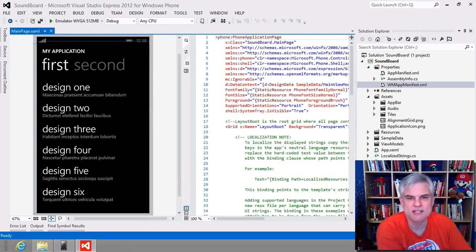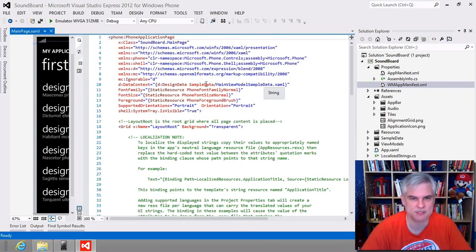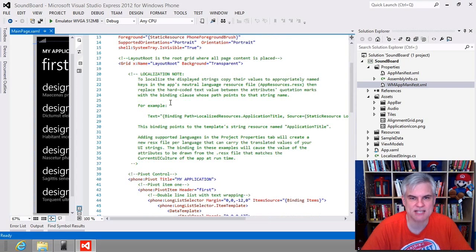What I want to do next, though, is I want to think about configuring the title of the main page to pull from the app resources.resx file. I don't plan on localizing our application completely, but I'm going to go ahead and set up the app so that we could easily add it in the future and expand the number of markets that we can sell our app to. So to begin that process, what I want to do is open up the main page.xaml, and I want to locate the